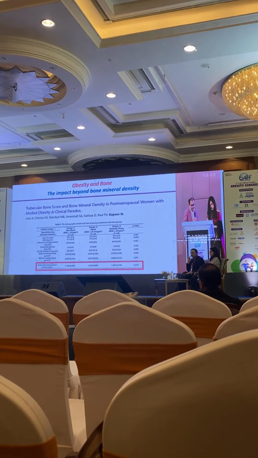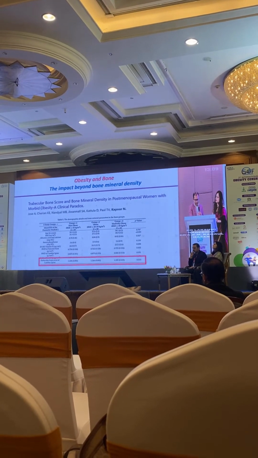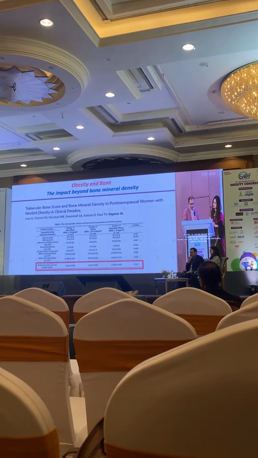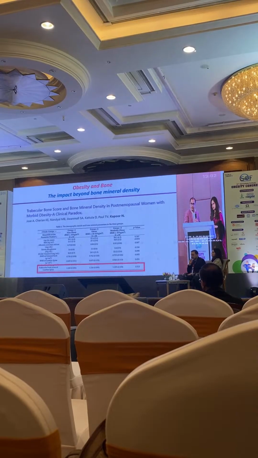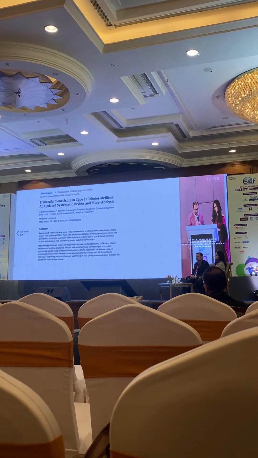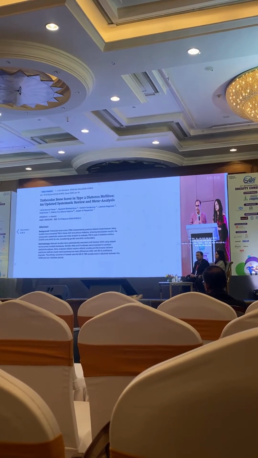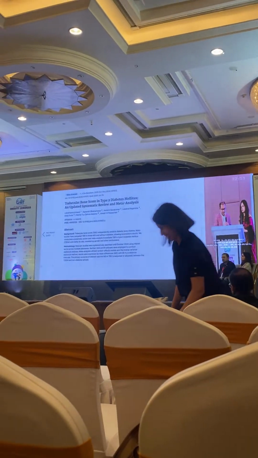This slide has clearly shown that compared to the non-obese, the obese group has a relatively higher TBS, and group 3, the morbidly obese group, has a relatively lower one, and this value is statistically significant. So trabecular bone score is another thing beyond bone mineral density that helps to understand this progression of BMI and these relationships. This was our meta-analysis authored by me.